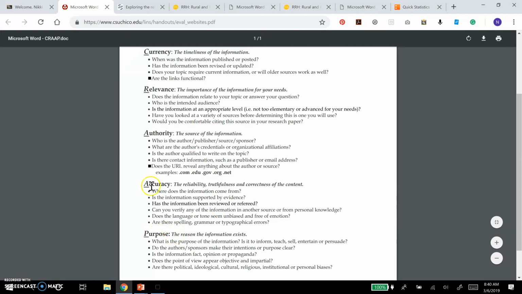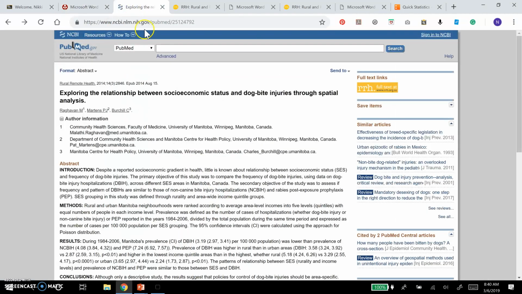So now we'll go to the purpose. What is the purpose? Well, the good news about a scholarly source is that they'll tell you the purpose right in the introduction section. So they say their primary objective was to compare the frequency of dog bite injuries across economic and rural versus urban areas. So we know that this was a study, and it seems like it was an objective study, and usually scholarly